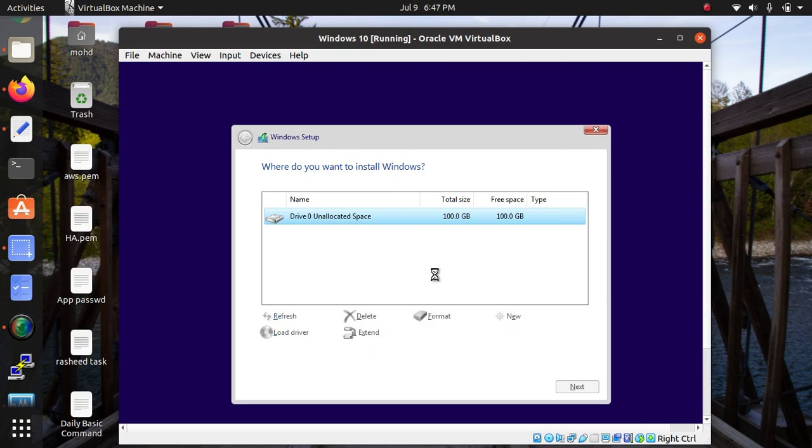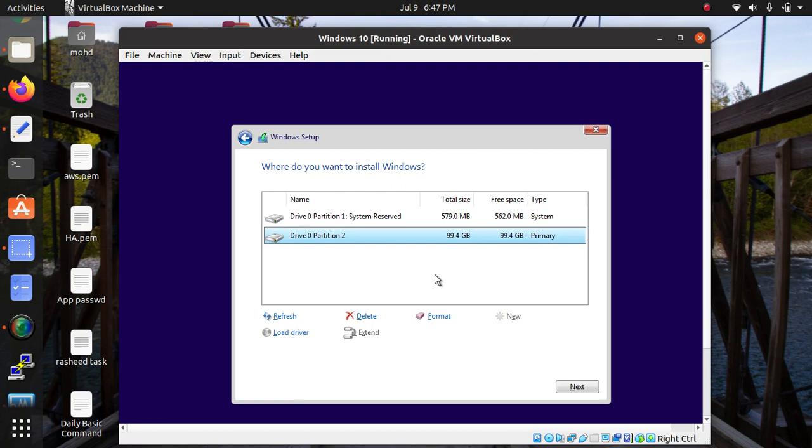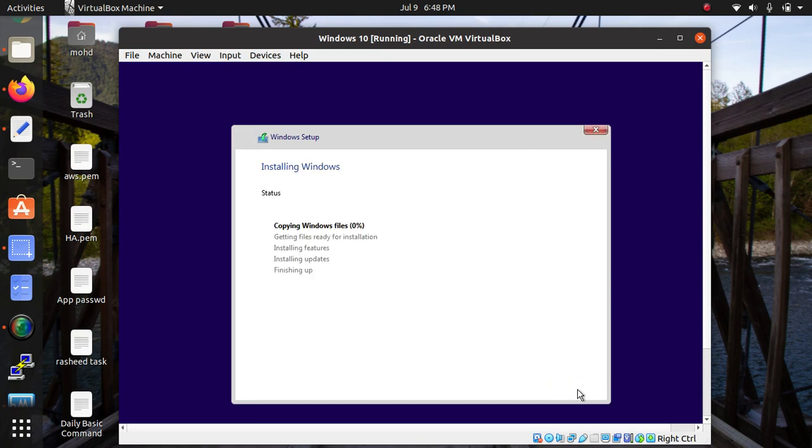Okay, so here is the main part of this installation. Why am I not giving any separate partition? Because this is just a fresh new installation, that's why I don't want any extra partitions. You can give another drive partition if you want. You can divide the size accordingly and give another partition also. Click on next. Here it will take around 15 or 20 minutes to complete our installation, depending